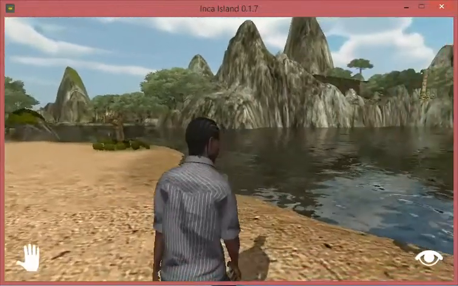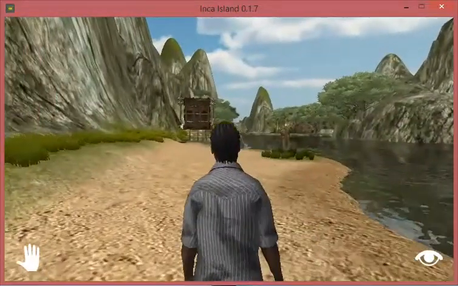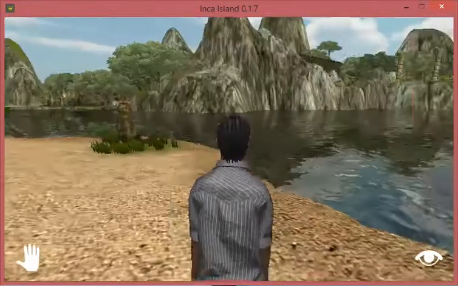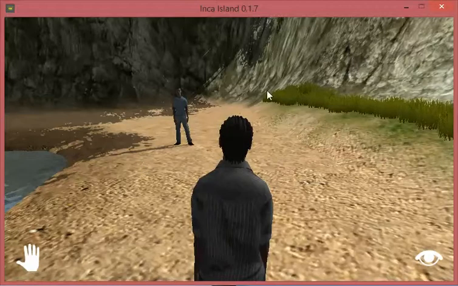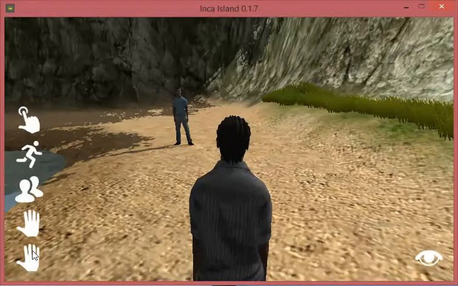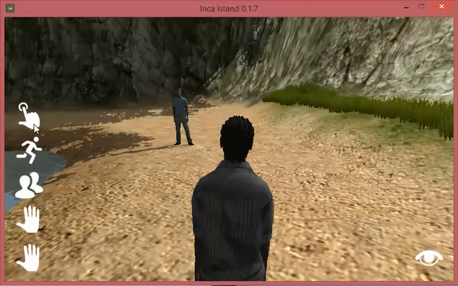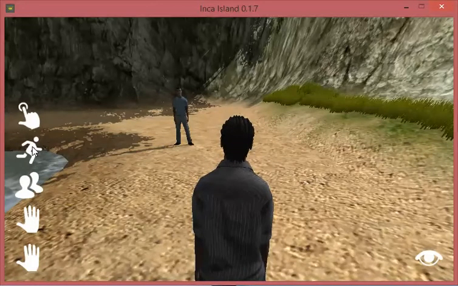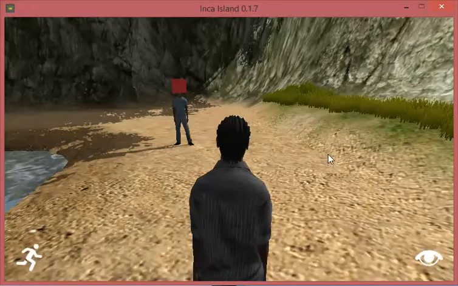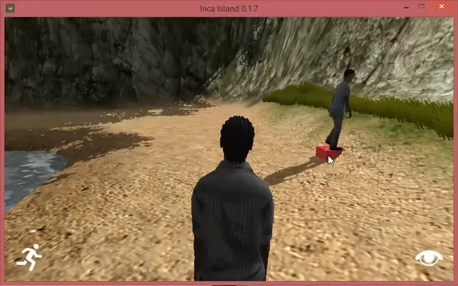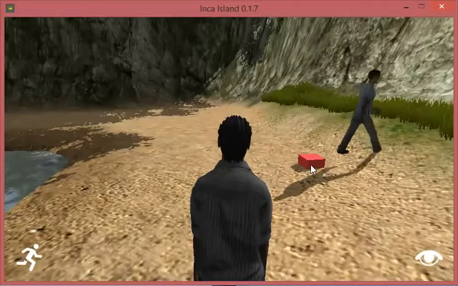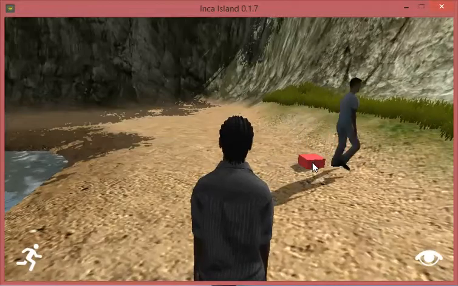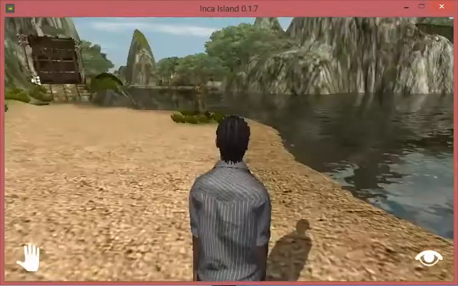So here we are in our new temple environment, Inca Island. You can walk around as before. So this is normal mode, and when you right click you go into look mode, and here in look mode you will see that you've got access to the cursor, and as stated in the instructions you can roll over this icon and it will bring up each of the individual commands. So the command we had a look at was go, so I'm going to select go, and basically wherever I click on the screen and when I'm in go mode, our avatar will walk to that point. He sometimes circles on the spot like he is doing there, and that's one of the things which we're tweaking at the moment. So I'm going to go back into navigation mode,